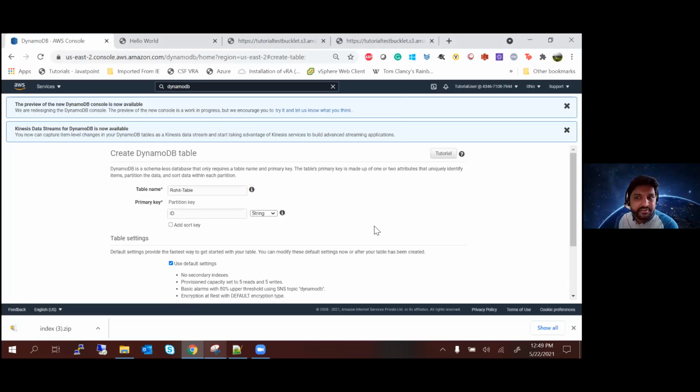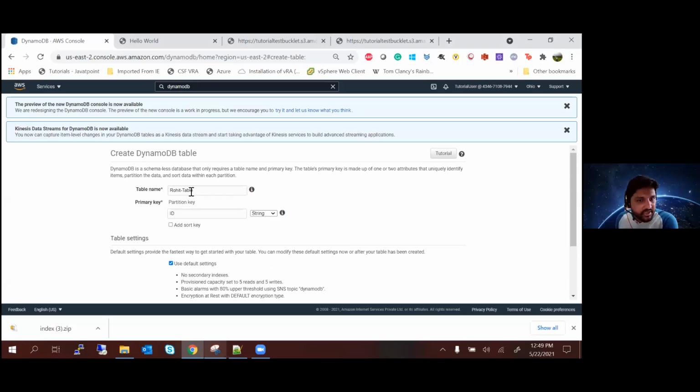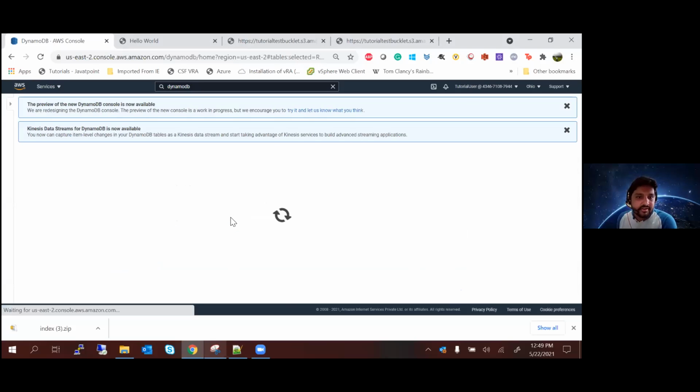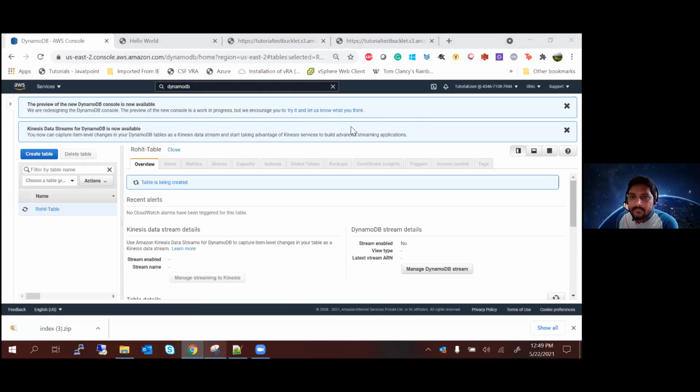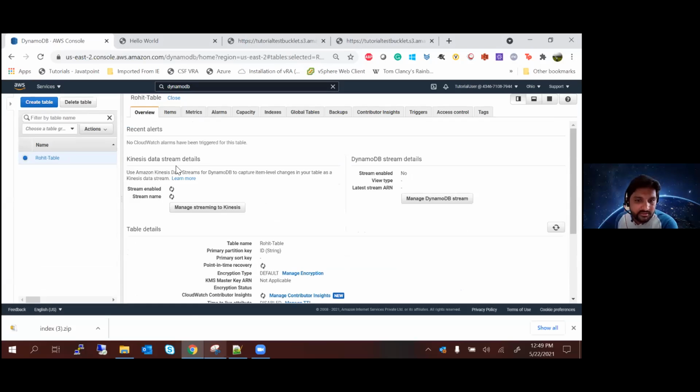Click on that. You should see a blue color create table button. And after that, you should put the table name as your name hyphen table, and the primary key should be ID. Okay. And scroll down and click on create. Go ahead and click on create. So just put a yes, those who have created a table.